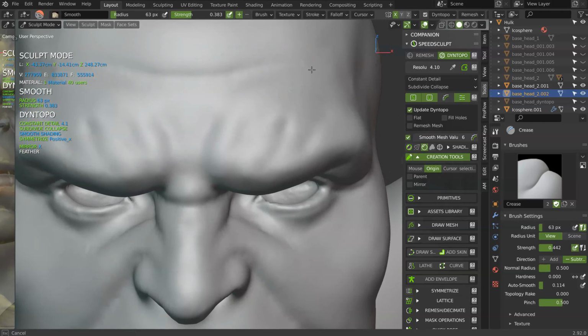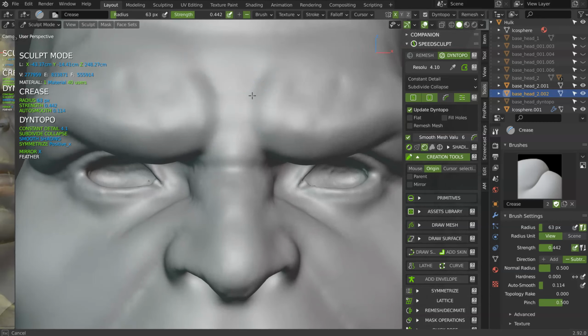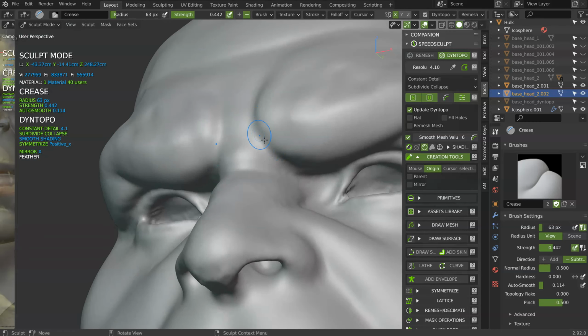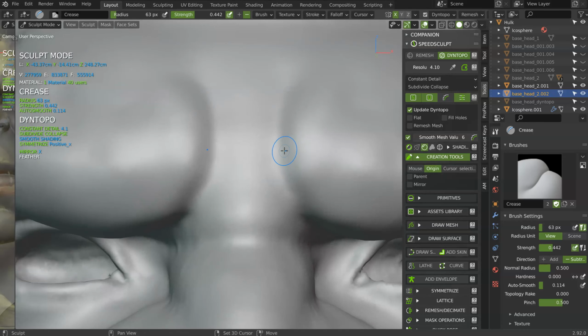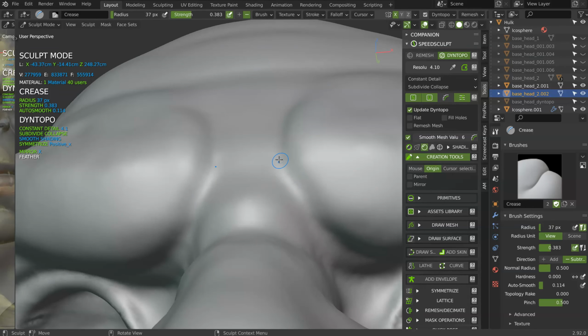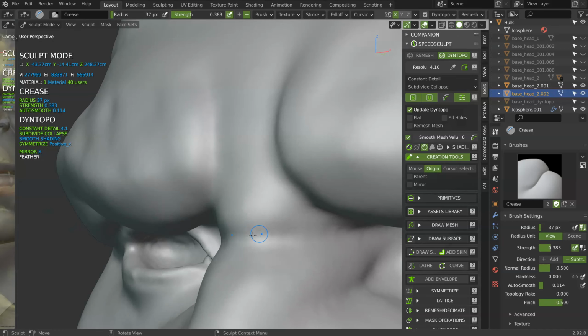Let's move all of this up. And you can also decrease the size of the brush to have a better result, like that.